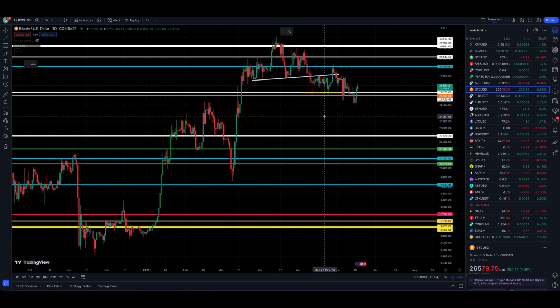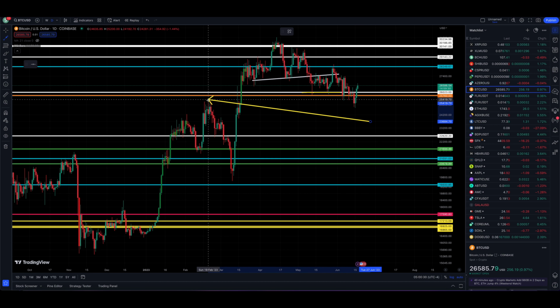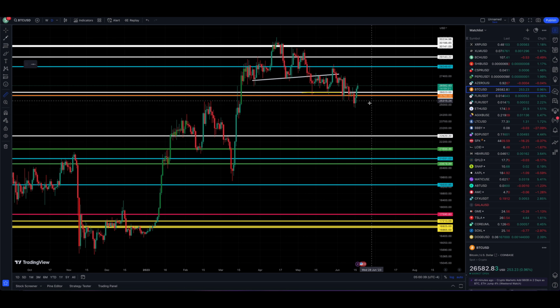So guys, taking a look at Bitcoin real quick. Bitcoin had a break below the 25,726 level and the 25,760. These lines right here broke down pretty bearish, but we found some support at basically the 25,000 mark we were talking about, which represents these highs over here. Pulled back to that and actually have had a pretty nice rally so far. I mean, from the bottom up to where we're currently at is a